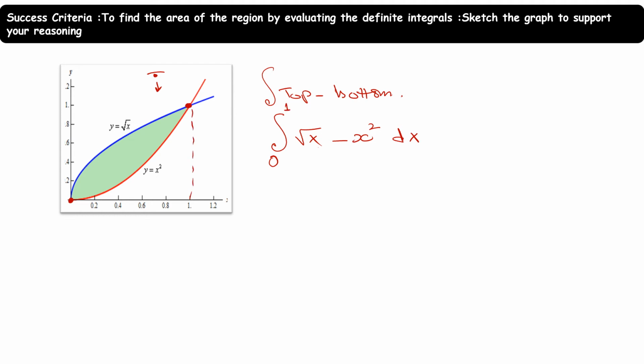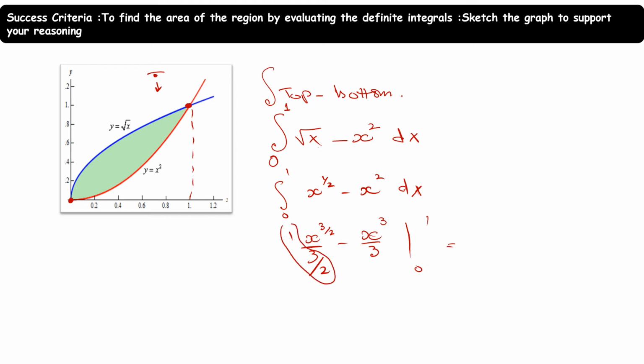Now solve it. So we know that radical x has a power x to the power half. So before taking the antiderivative, write this radical sign in the form of exponent. So now add 1 using the power rule. So you will get 3 over 2, over 3 over 2. Minus, add 1 using the power rule: 2 plus 1 is 3, over 3, from 0 till 1. Now 1 over 3 over 2 gives you 2 over 3, x to the power 3 by 2, minus x cube over 3